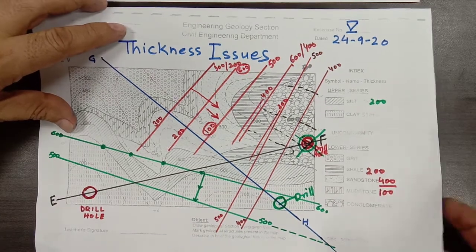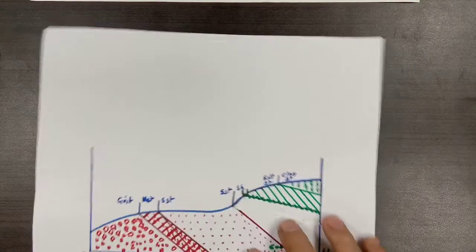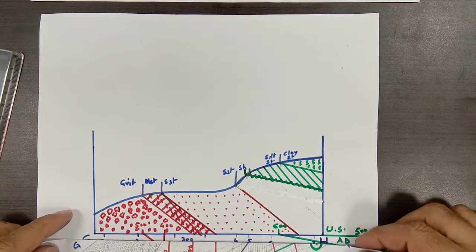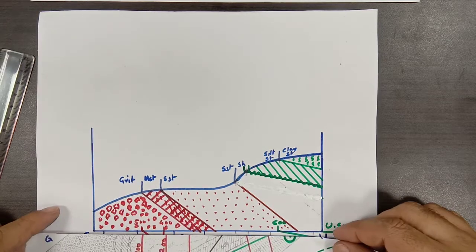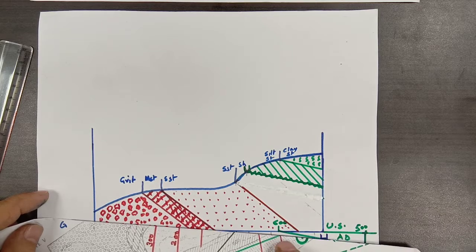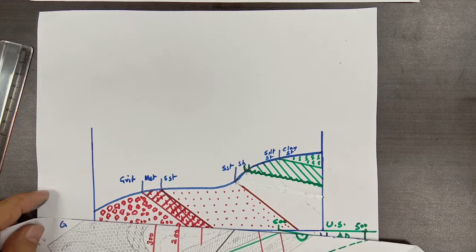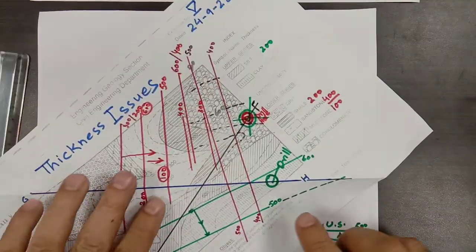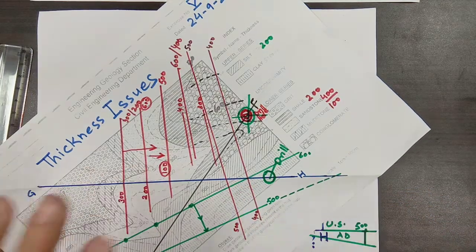So I have folded the map along this section line GH, and I have solved this section. You see, along GH I have transferred the contours. With the help of contours I have made a profile. Then I have transferred the angle of dip here, and for this rock my section line is going out of the map boundary. No problem. I have extended the strike line by broken lines till it cuts my section line.